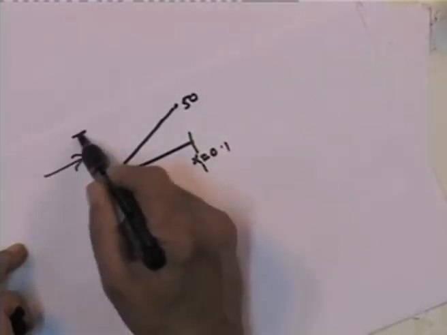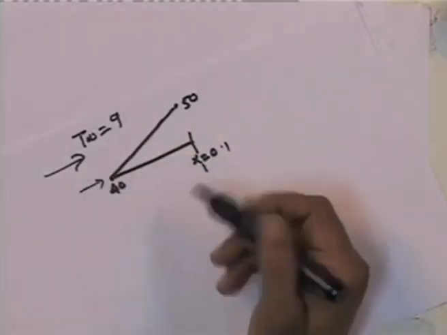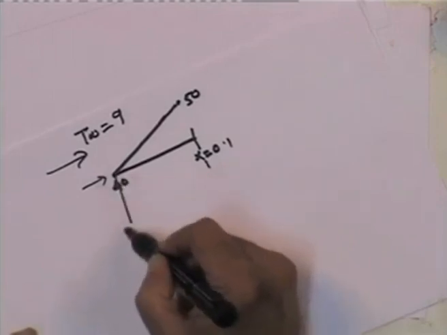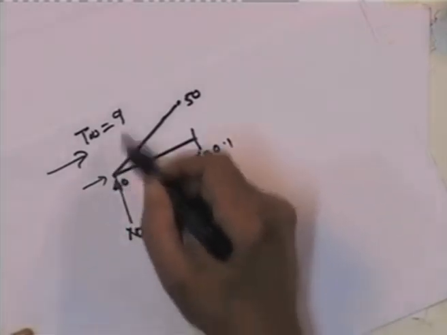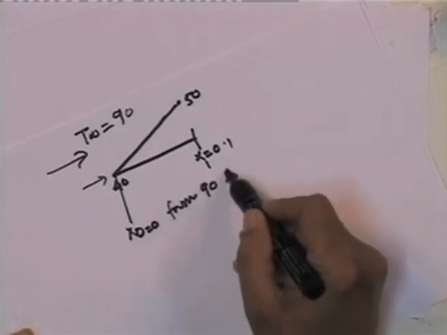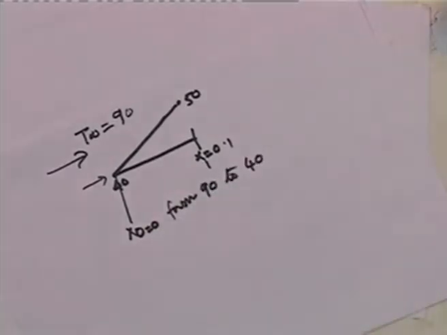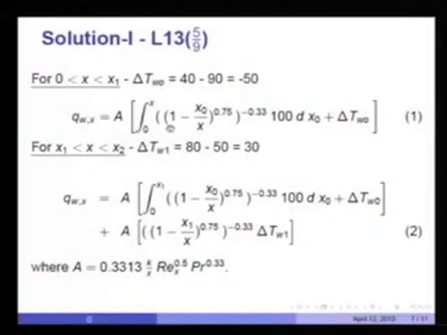The free stream temperature T infinity is 90. So, I can say that at x naught equal to 0 itself, there is a step change from 90 to 40, and then there is a continuous change. The continuous change part would be written as 1 minus x naught by x to the 0.75 into minus 0.33, dT wall by dx naught in this region